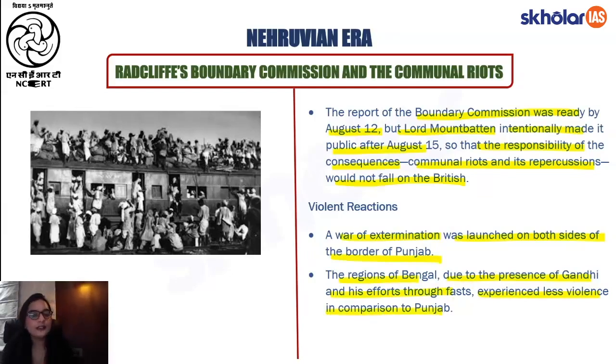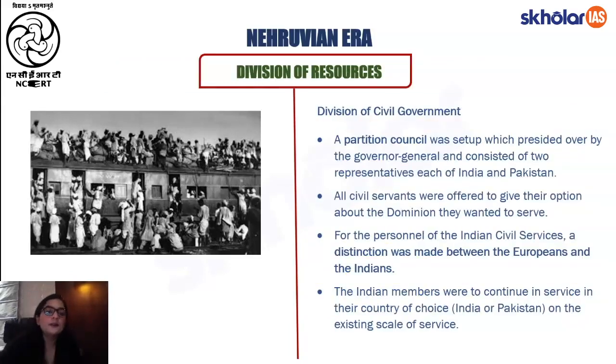तो स्टूडेंट्स जो वायलेंट रिएक्शंस थे वो पंजाब में ज्यादा देखने को मिले, जहां पे दोनों ही साइड टूटी थी बॉर्डर के अंदर, दोनों में ही बहुत ज्यादा प्रॉब्लम हो गई, रेफ्यूजीज बहुत ज्यादा परेशान हो गए, वायलेंट रिएक्शंस हो गए, कम्युनल टेंशन हो गए, हिंदू मुस्लिम एक दूसरे को मारने लगे। बंगाल के अंदर भी इस तरह के वायलेंट रिएक्शंस हो रहे थे, लेकिन वहां पे क्योंकि महात्मा गांधी प्रेजेंट थे तो उनकी प्रेजेंस की वजह से एक इम्पैक्ट रहा और वायलेंट क्लैशेस कंपैरेटिवली थोड़े कम हुए।